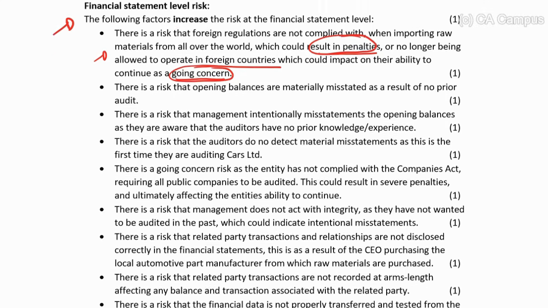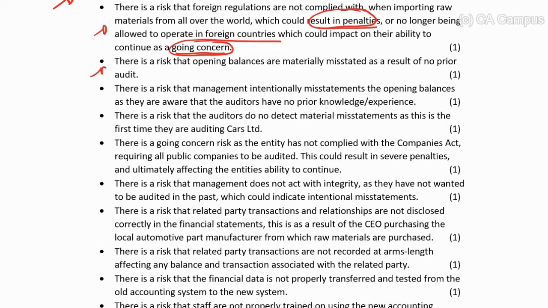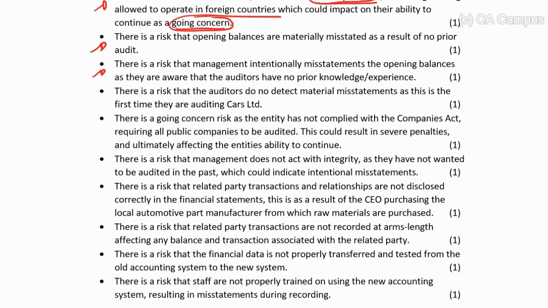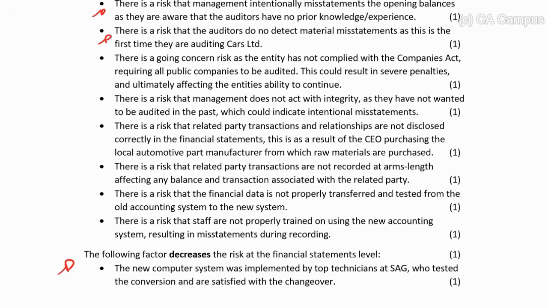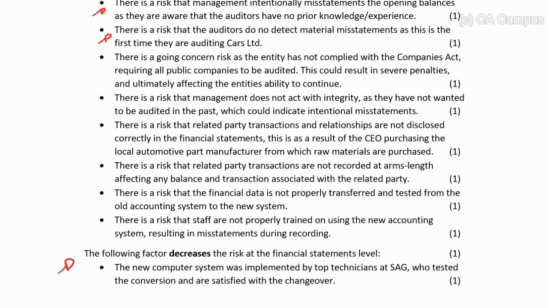Okay, opening balances. There's a risk that they're materially misstated because there was no prior audit, and then potential intentional misstatement because we weren't the auditors, so we might not have the knowledge. And then the detection risk here: the auditors, first time, might not pick up misstatements in the opening balances. Okay, this is a risk that I now want you to pick up going forward, but didn't expect you to